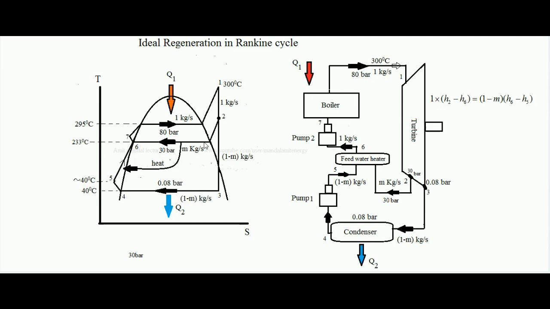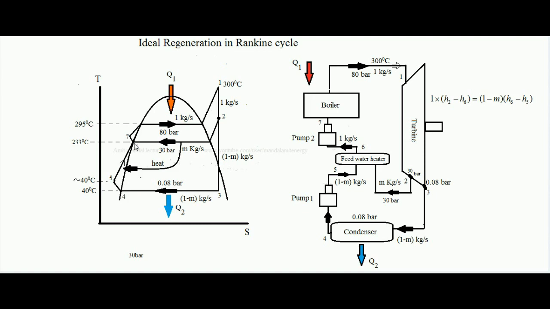Now what is happening? This condensing steam is giving its heat to the liquid water at point 5. So the temperature of this liquid water is increasing to point 6. Since the highest temperature is 230 degrees centigrade, it can raise the temperature of water from point 5 to point 6 in this way. Okay, so what is the benefit of this? Simple. Now at point 6, m kg of steam is coming from point 2 and reaching point 6, and from point 5, 1 minus m kg of water is coming and meeting over here.